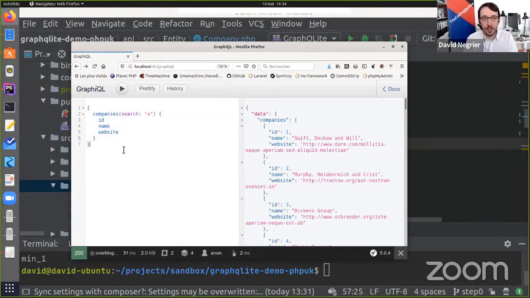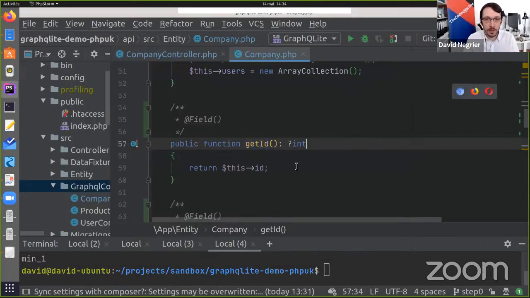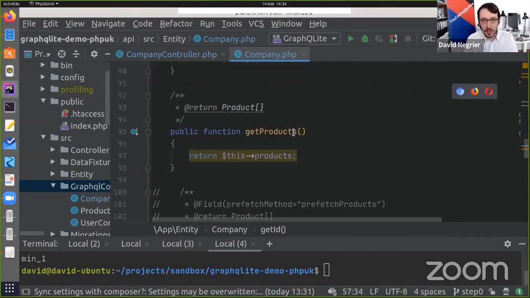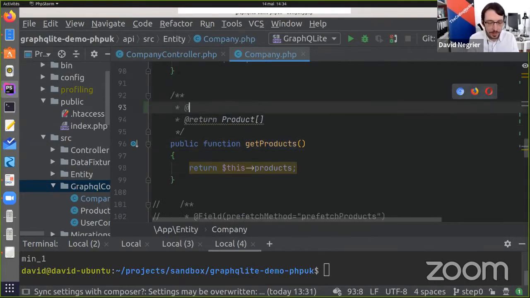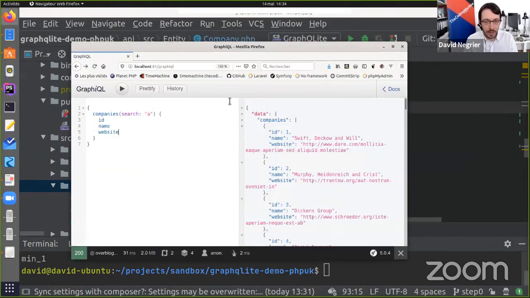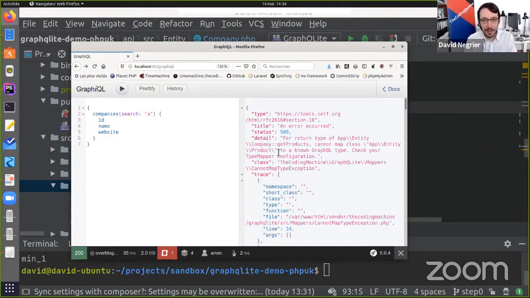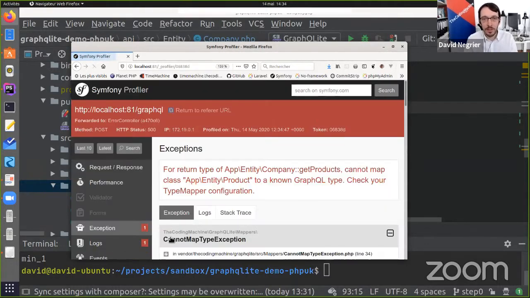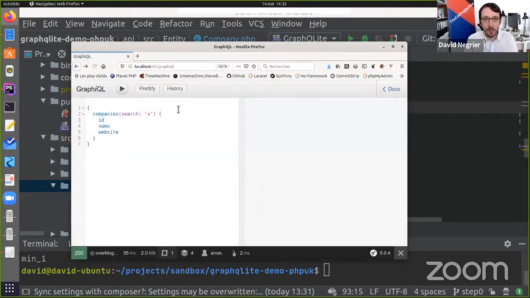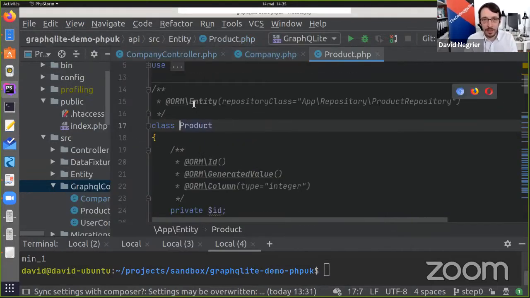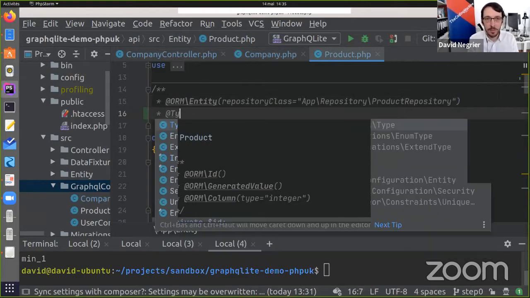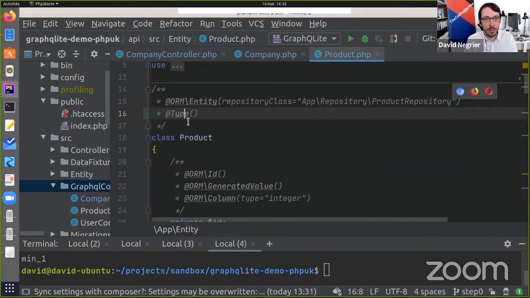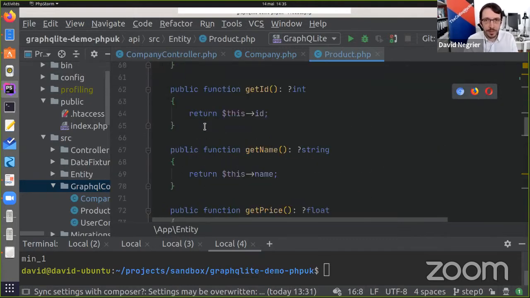So far, I only fetched fields from companies, so let's do some binding with a product. So I'm going to go in the getProducts getter, and I'm going to add a Field on it. I'm going to refresh the page, and I'm getting another error. If I'm zooming on this error, it is telling me that it cannot map the Product class to a known GraphQL type. Okay, we already saw this error 2 minutes ago, so I'm pretty sure you know what I should do. I should go in the Product class and instruct GraphQLite that the Product class is also a type. And so I'm putting a Type here,